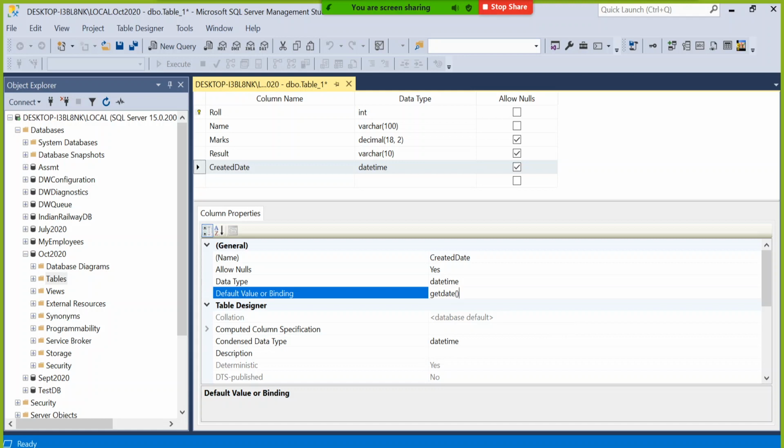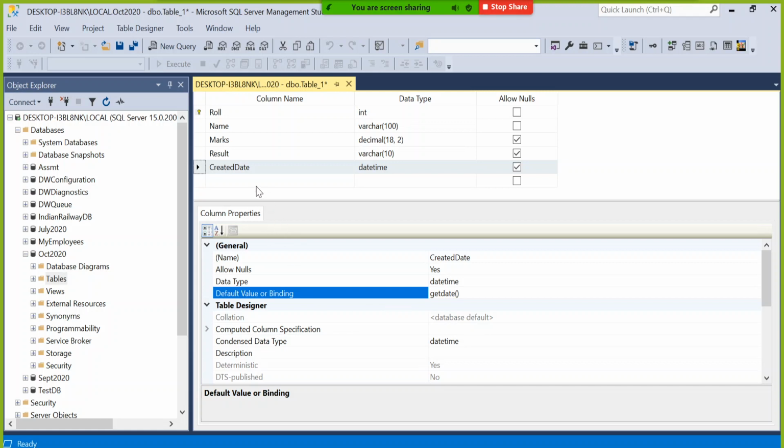It's an inbuilt function, guys, getdate, which will give you the current date and time. Like in C#, if you remember, there is a function called DateTime.Now. DateTime is the class name and Now is the function name. That gives the current date and time in the front end or C#. Similarly, on the database side, there is a function called GETDATE, open bracket, close bracket, semicolon. The semicolon is optional. So I just typed getdate in the default value property.